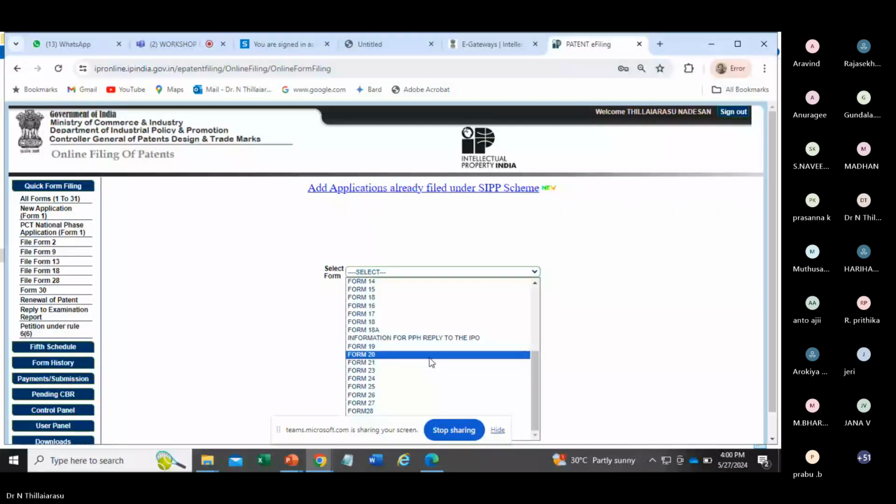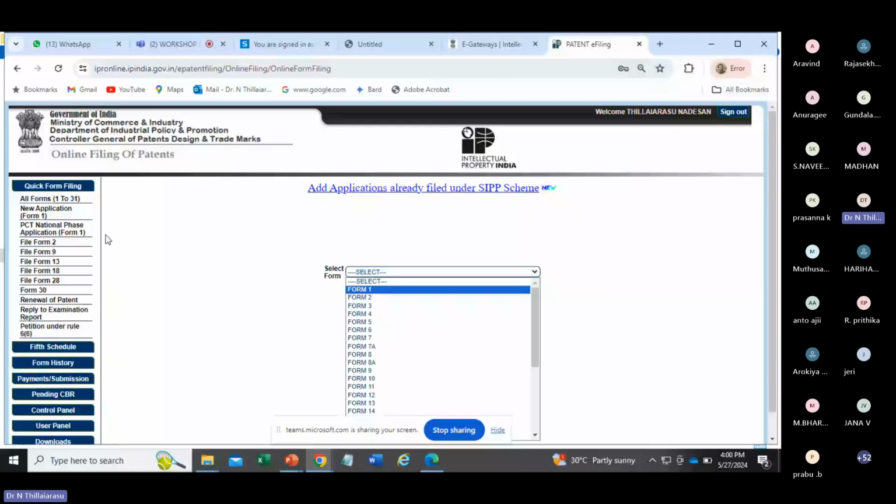Okay, so you can see here the complete specification after provisional specification, Form 2. Form 9 for early publication. Form 13 for amendment of patents, if any death has happened, the amendment of the patent we are supposed to file. Form 18 for the request for examination after 18 months of publication.